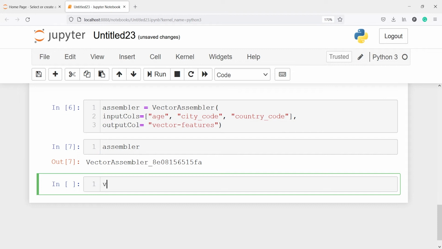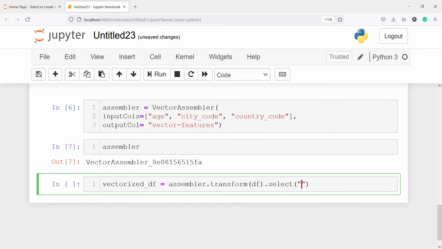I'll make one variable, vectorized_df. So this will contain our vectorized data frame. I will call the assembler that we have created above, and from this I will call the method transform, and we are going to transform our data frame and select the columns that we want. So we will use the method select.